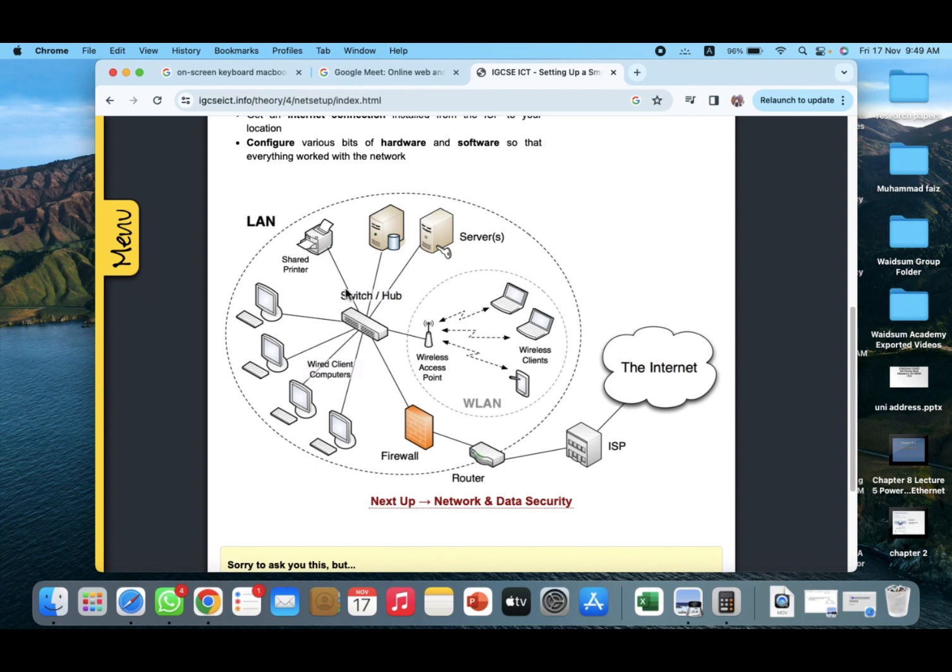The switch will queue it if other people are sending. When they finish sending, they will send yours to the printer, and then it will be printed. So every computer, including this wireless one and this wired one, can send to this printer. It's a shared printer. There's a server that controls